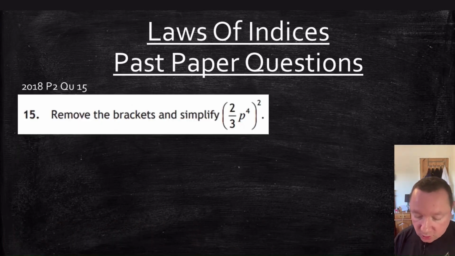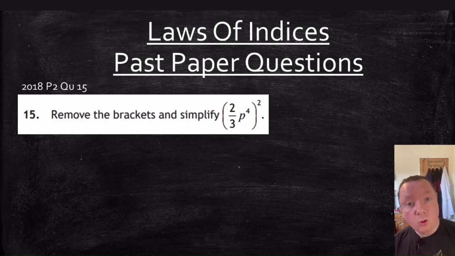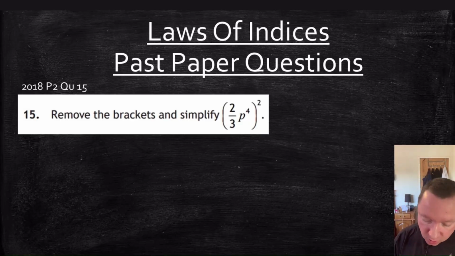It says 2/3 p to the 4, all squared. Now, we need to be aware that we'll have to square the whole number part first. Any numbers in front get squared as normal. The laws of indices only apply to the thing with indices in it. So we've got